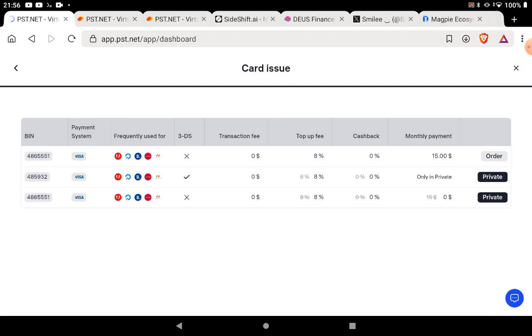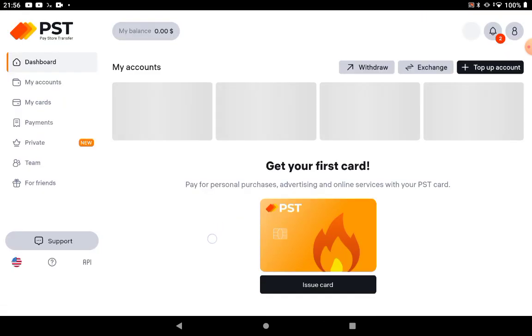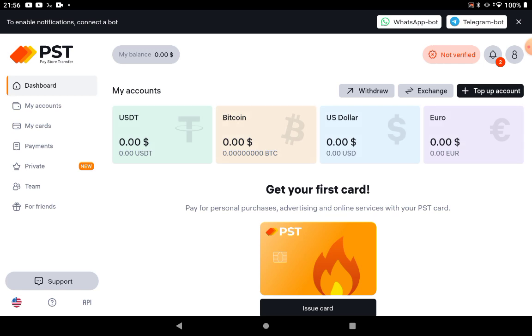Now let's go back here and see what other options there are. And there's going to be a lot, but before getting into the private, let me just show you what happens if you want to withdraw or exchange. So exchange is pretty simple. When you deposit